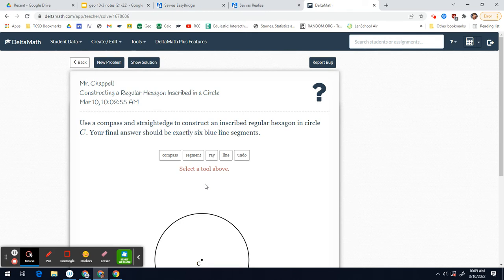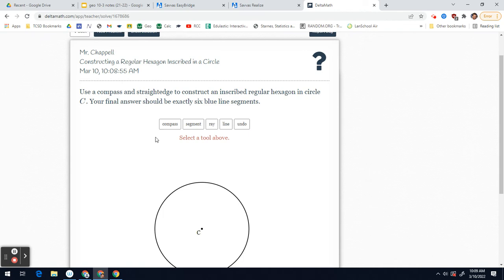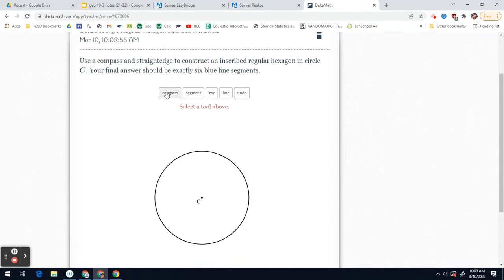Okay? So this is the constructing a regular hexagon inscribed in a circle. So again, for something to be inscribed in a circle, that means all of its vertices must be on the circle. So if it's a regular hexagon, that means 6 points on the circle. So here's the first step. First step, we're going to take our compass, right? We're going to place it somewhere on the circle when we click, and we're going to drag to the center,